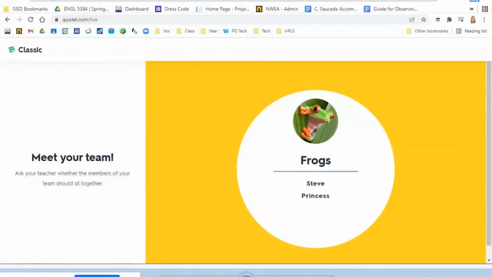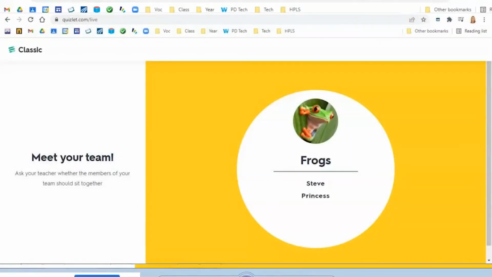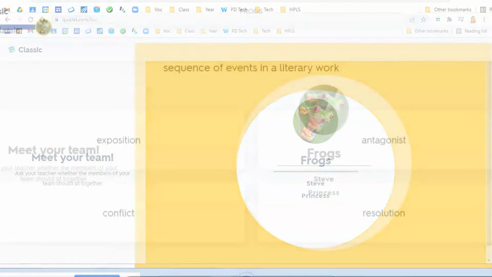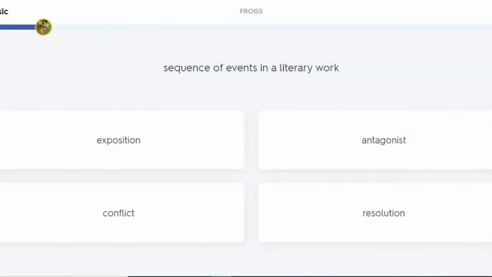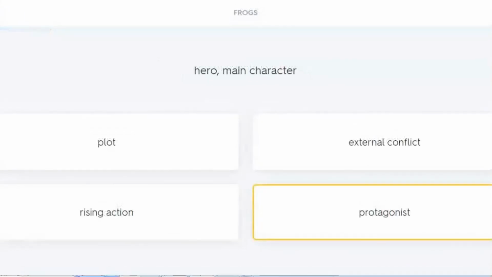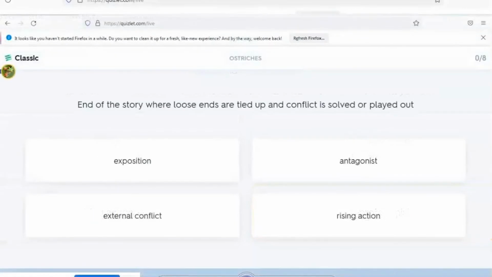Once I start the game, it shows the students which team they're on. In this case, we have Steve and Princess in frogs. Then it will show the kids a question and the answers. As I said, it may not give a correct answer. For a sequence of events in a literary work, none of these would be correct. For the main hero, that's a protagonist. So we can go through,